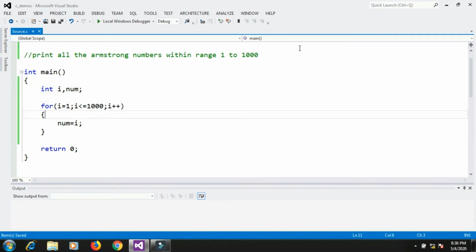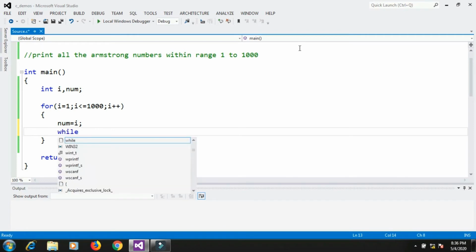Now the logic for checking whether that num number is Armstrong or not will be the same. We have seen that in the earlier video, so if you don't know the logic for how to check whether a user entered number is Armstrong or not, you can go back to my previous video and understand it.